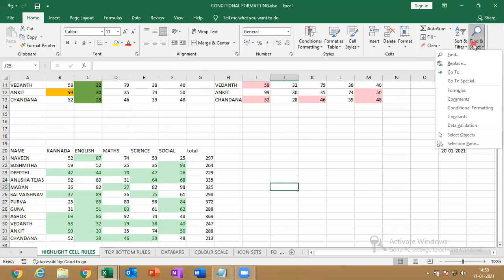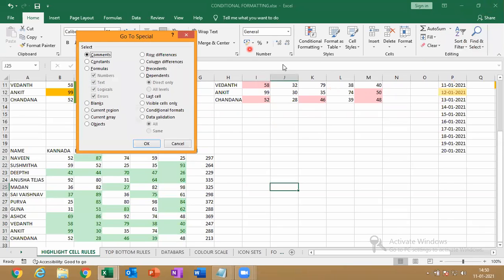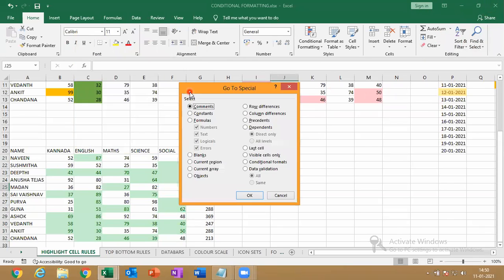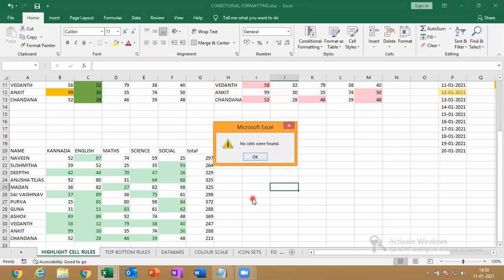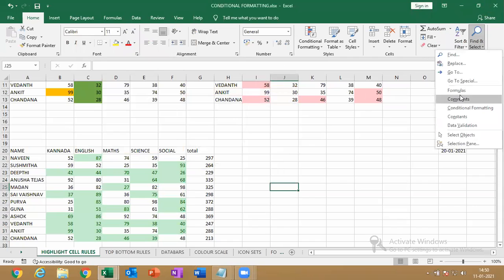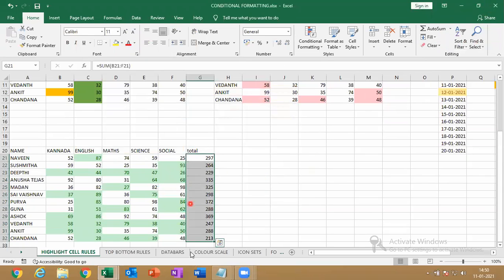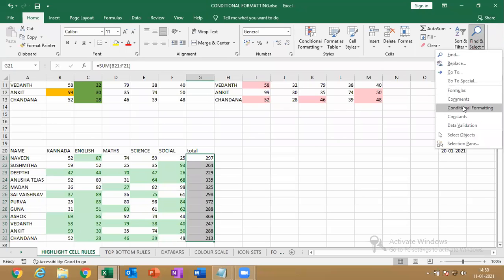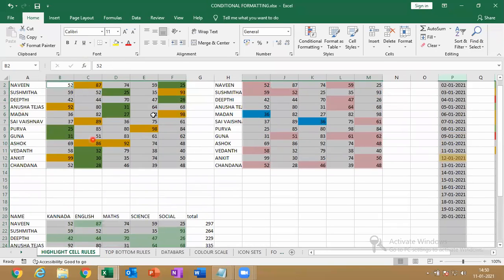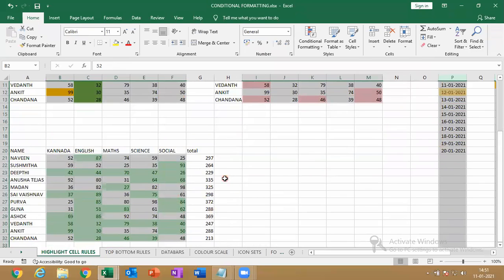Okay. So here click Find, Go To Special. Comments: there are no comments in the sheet. Next, go to formulas. Only here in the sheet we have formulas. Next, go to conditional formatting. I think the entire sheet is about conditional formatting. Here, here, here, here.